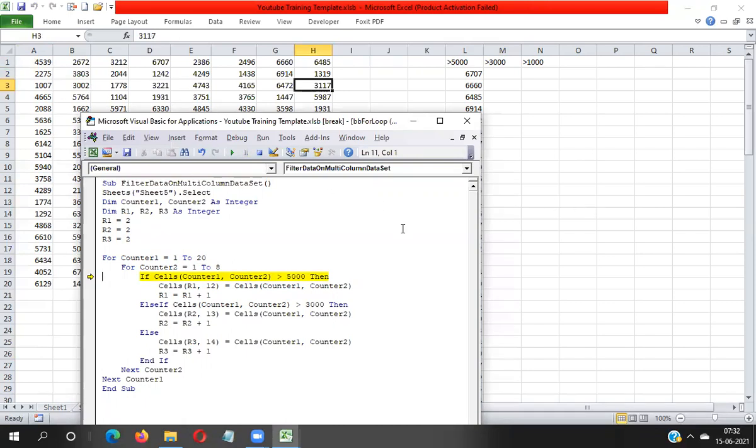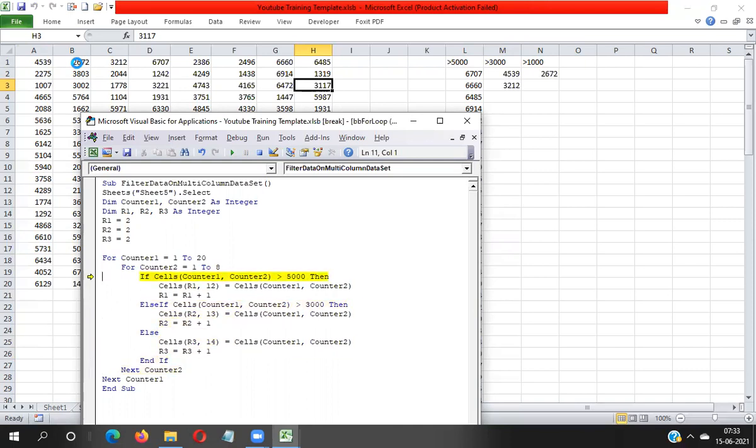A1 value is falling under more than 3,000 and less than 5,000, so it will move into 13 number column. You can see here. Second cell reference, only the column is increasing, two number column but the row number is the same. So two number column means B1. B means two, one means row. Okay, B1.